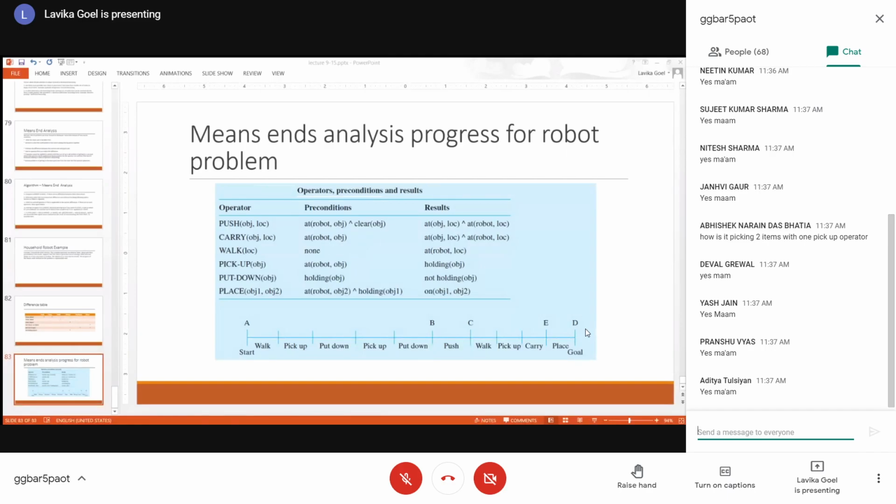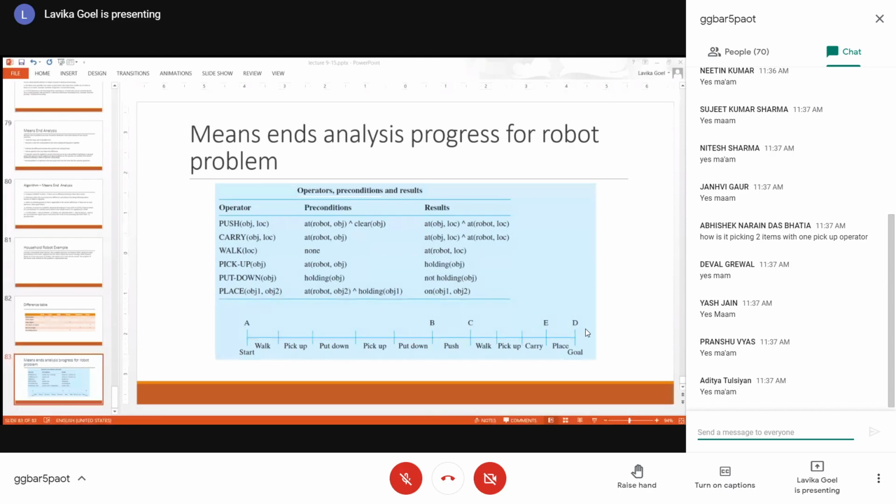Normally, if you see a household example, things are kept on the table. So you will pick up one at a time, right? And you are placing them on a pile. Fine. So you have created a pile of books. Now you can take the pile together in one go only. So that is why when you are taking that pile, you can take it in one go only. But when you are removing from the table, at that time you require pick up, put down, and you are putting down all of them on the same place. Like a normal common household example, like in our daily lives.